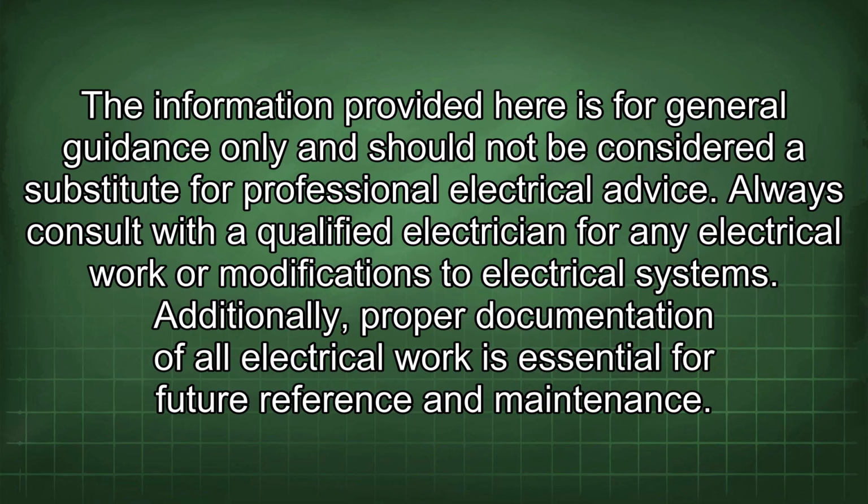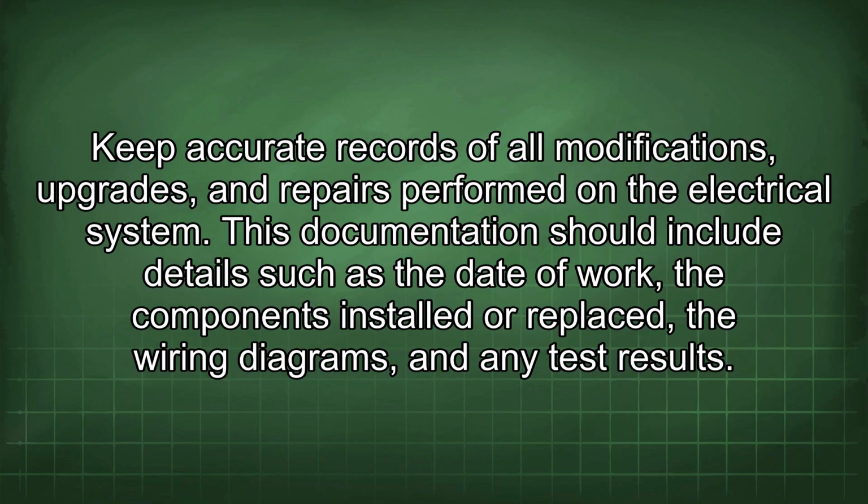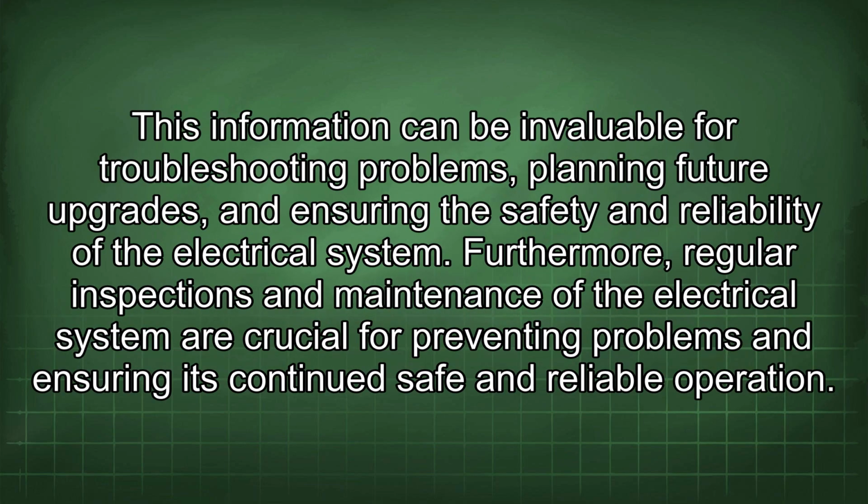Additionally, proper documentation of all electrical work is essential for future reference and maintenance. Keep accurate records of all modifications, upgrades, and repairs performed on the electrical system. This documentation should include details such as the date of work, the components installed or replaced, the wiring diagrams, and any test results. This information can be invaluable for troubleshooting problems, planning future upgrades, and ensuring the safety and reliability of the electrical system. Furthermore, regular inspections and maintenance of the electrical system are crucial for preventing problems and ensuring